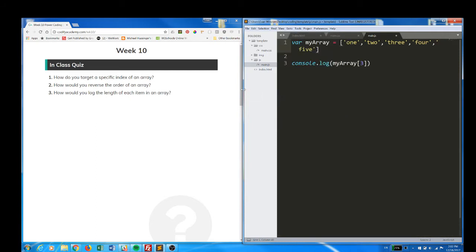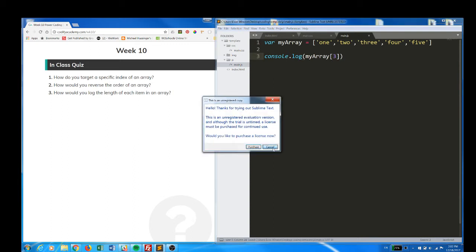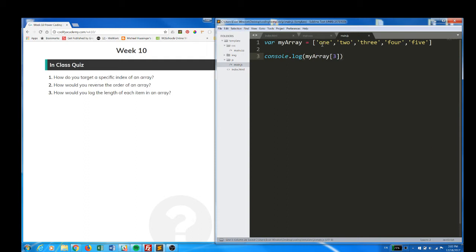So we have the name of the array followed by the index of the item we want to access in square brackets. What we should see in my console when I load this page is not 1, not 2, not 3, but 4, because this is the 0 index, 1 index, 2 index, 3 index. That is an important distinction. And just as a reminder for everybody how array indices work,